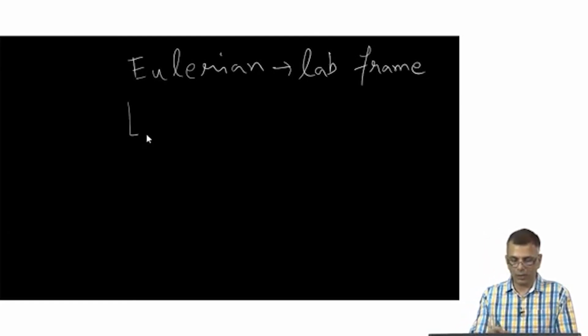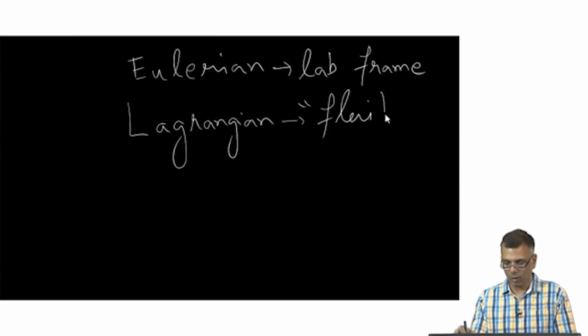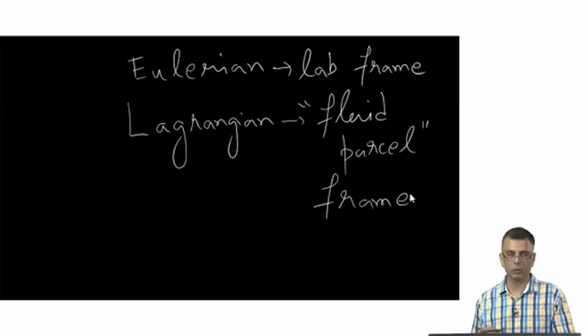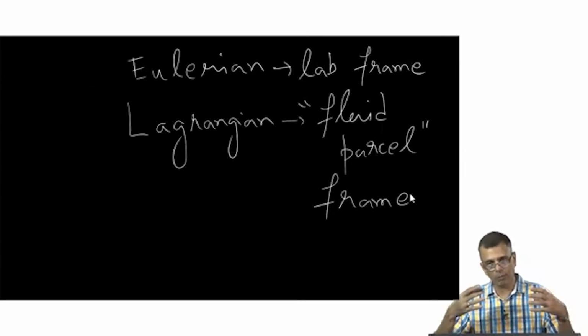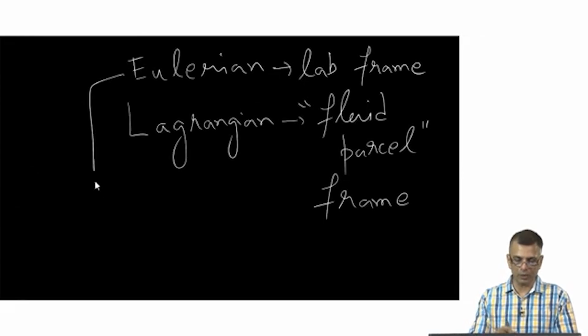And we had the Lagrangian description, which is in some sense the fluid parcel frame, so to speak. In other words, it's the flow of the fluid as seen by an observer sitting on top of a fluid parcel. And the time derivative, in this kind of description, was mostly,